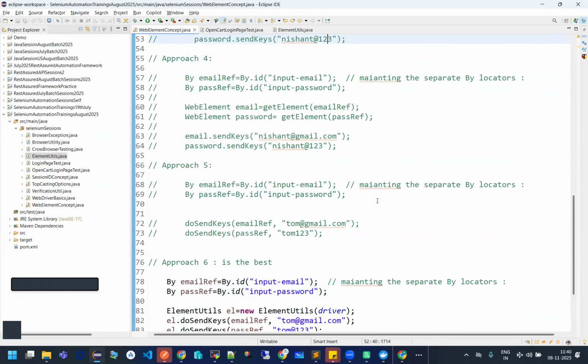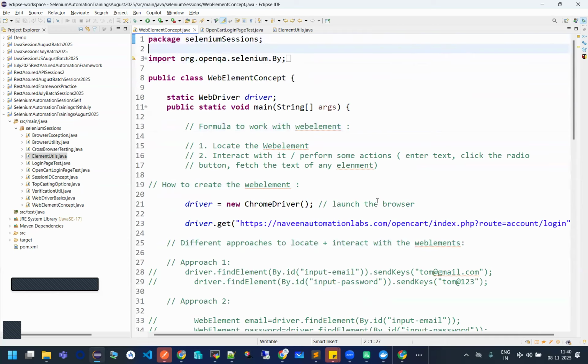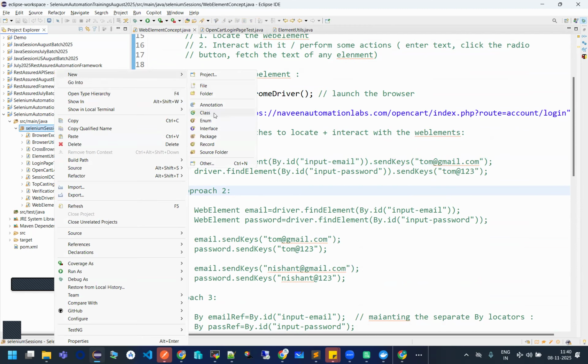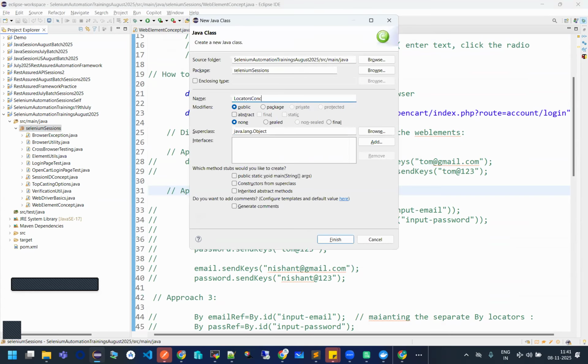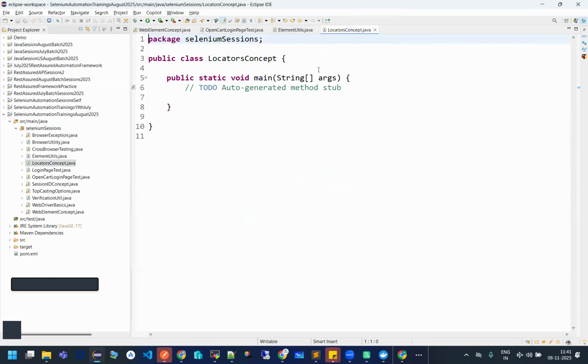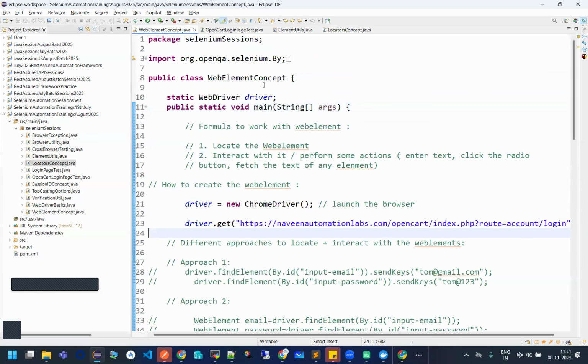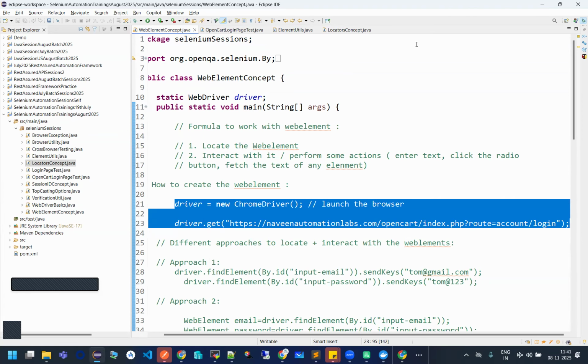Perfect. Now, till now, you have only seen one technique to locate an element. What is that? With the help of the by.id method. ID is what? An attribute. I'll create one more class for you because today we will see the different locator techniques. I'm writing a locators concept with a main method. Let me see if I can utilize the same one or not. Okay, I'll utilize this same